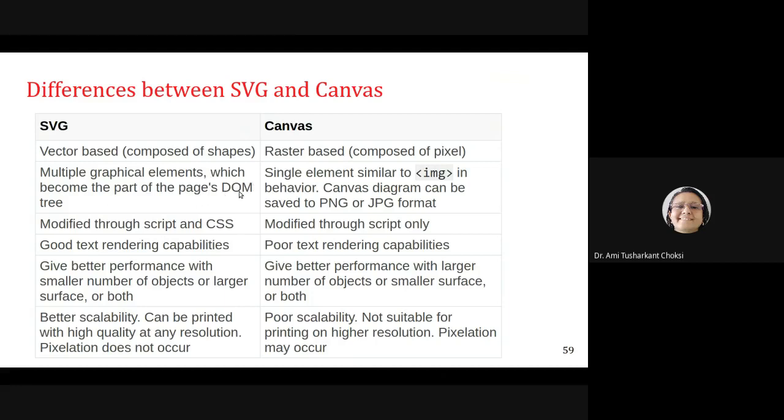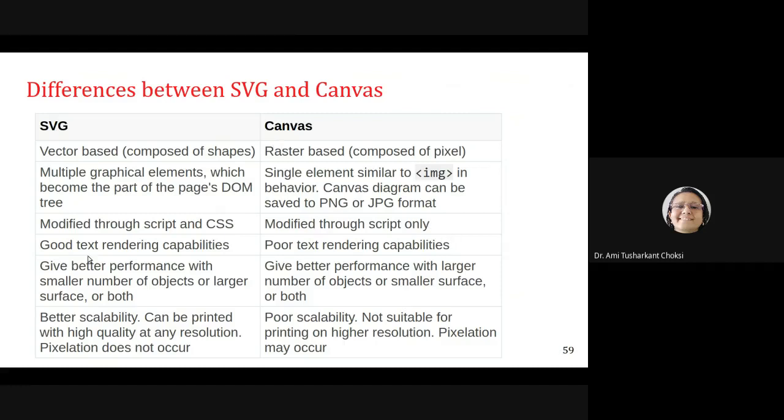DOM is the document object model tree. For Canvas, we can say it is a single element similar to IMG in behavior. A Canvas diagram can be saved to PNG or JPG format. SVG is modified through script and CSS, and Canvas is modified through script only.